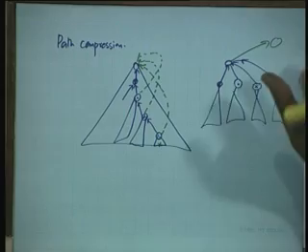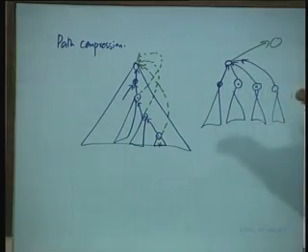So, the metric would be which tree has lesser number of nodes. The tree with lesser number of nodes will be made to point to the tree with larger number of nodes. Or the root of the tree with lesser number of nodes will be made to point to the root of the tree with larger number of nodes. Okay, everyone follows this? Questions?